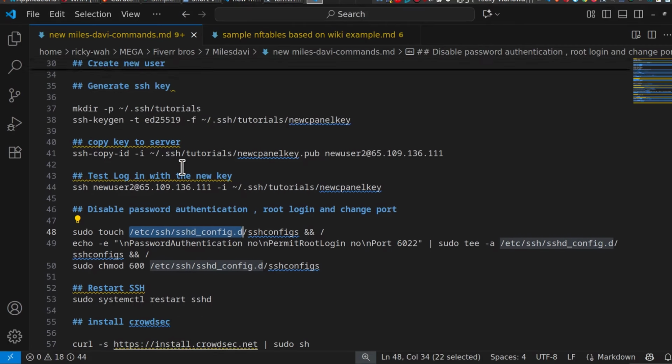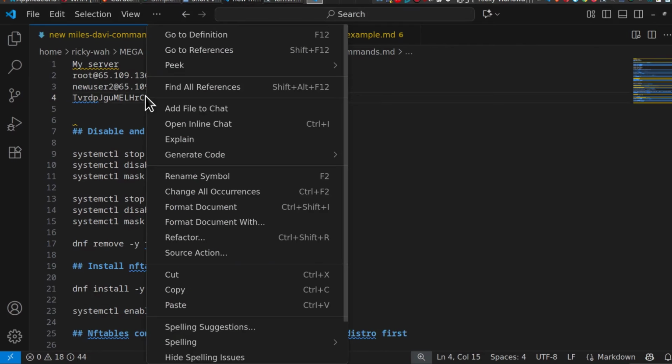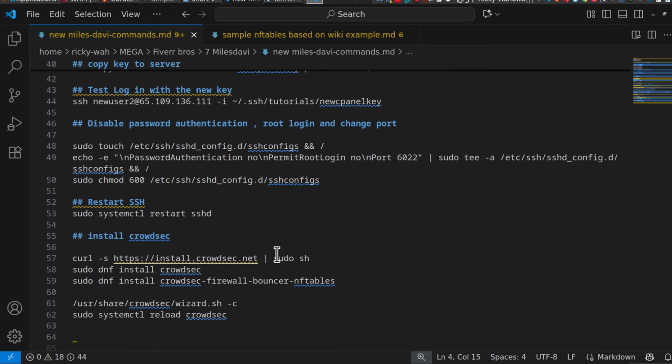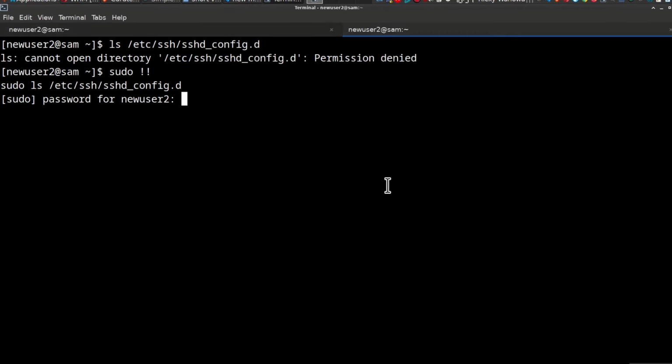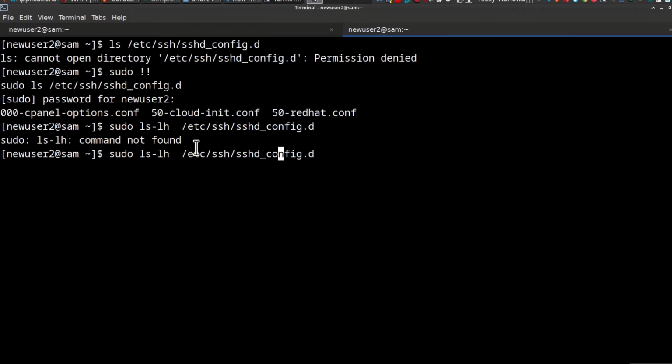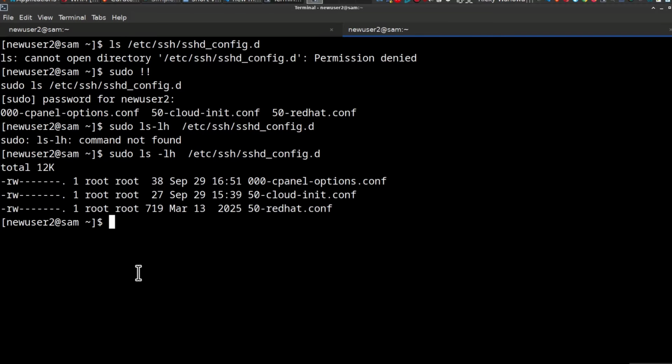So I need my password for sudo. Copy. Control-Shift-V. All right. So when you do that, let me do it in a cleaner way. ls -lh. ls -lh. All right, so you'll see inside of that directory, cPanel has their configuration file,